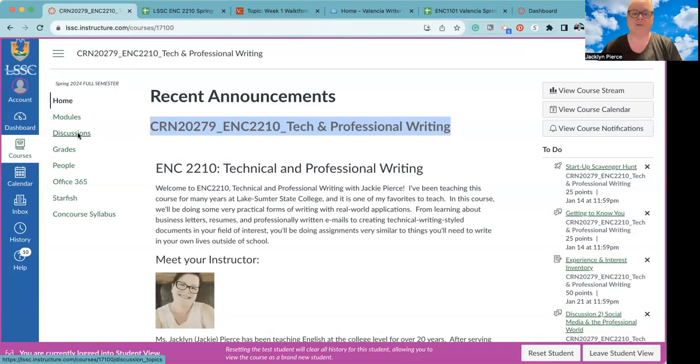The subscribe button will make sure that you get an alert when I post, or you post, or somebody posts. You'll get an email in your inbox that specifies that that's been done. If you have private questions, though, please do utilize inbox. So if you have a question about your actual grade or you have something going on that's going to mean you need an extension, whatever that may be, that's for inbox.